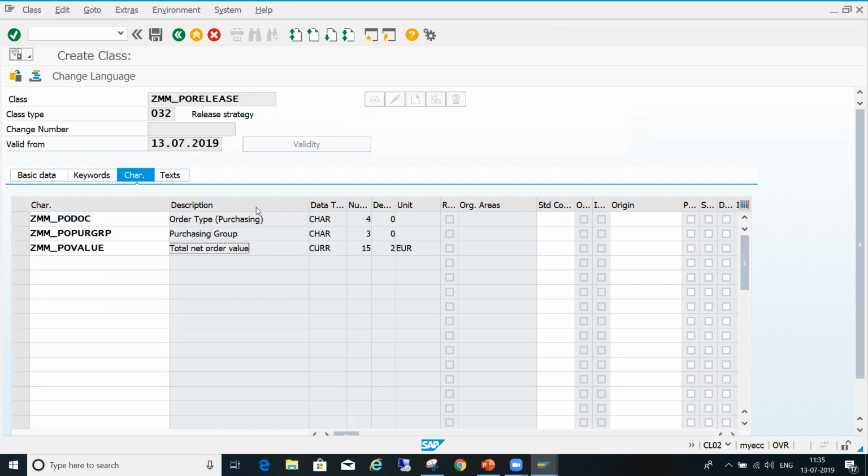Okay, these three characteristics you assign to this class. Clear? And save this.